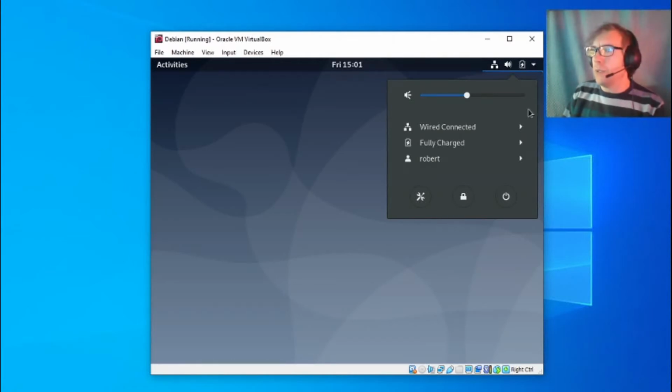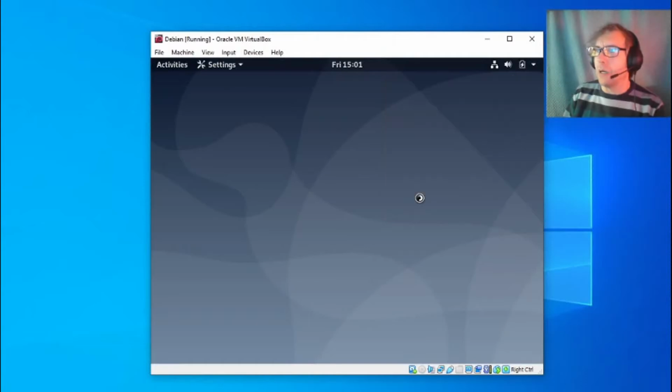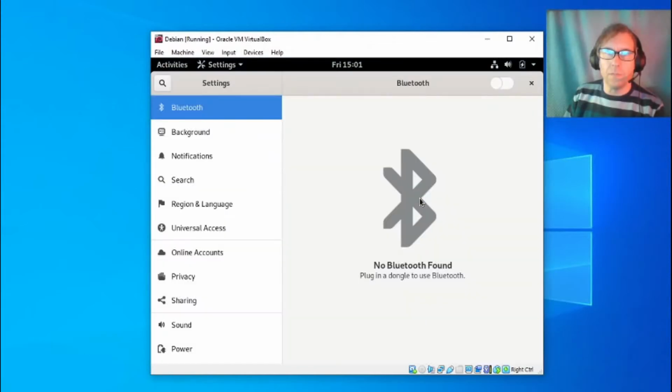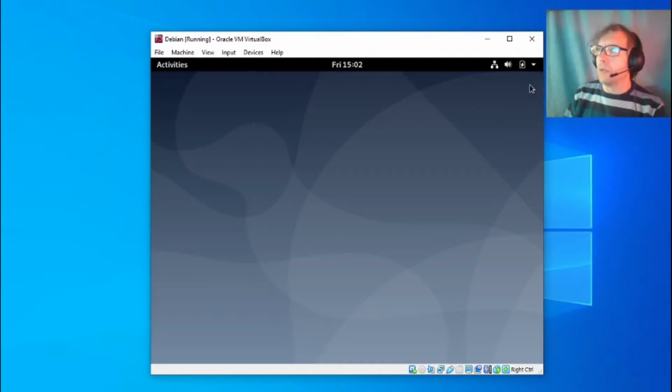So here, if we do want to see what we have, we've got the shutdown options, we've got settings here. So click on there, so we can see what we can see inside the settings. And there we can deal with various bits and pieces. Of course, I won't go through all of these items now, but I wouldn't have a problem if you wanted to spend some time clicking through this yourself. So you can see what's happening inside there. For now, I think what I'll do, I'll just close that down. So do feel free to have a click on settings and just mess about,